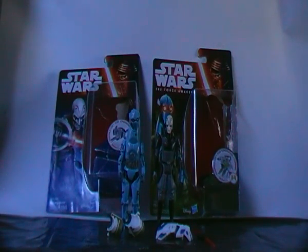This is a special review to do, for two new Star Wars figures. One isn't as new as the other. One is the Inquisitor from the Star Wars Rebels cartoon. They were repacked for the Force Awakens line. A lot of the Star Wars Rebels figures are going to be reissued or repacked in the Star Wars Force Awakens line. So this is the Inquisitor, and the other figure is the new droid